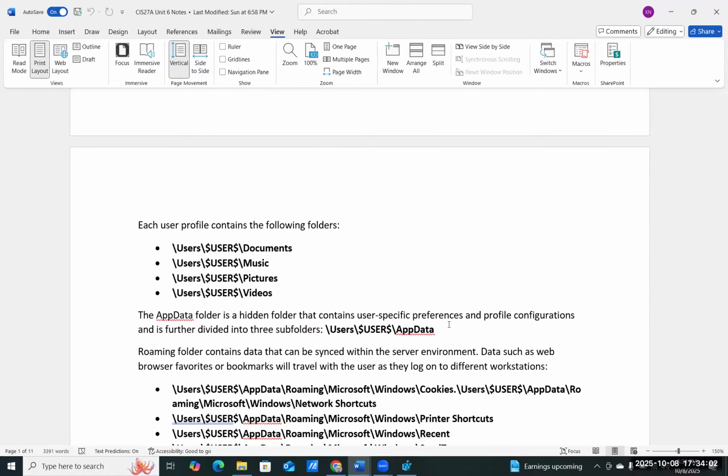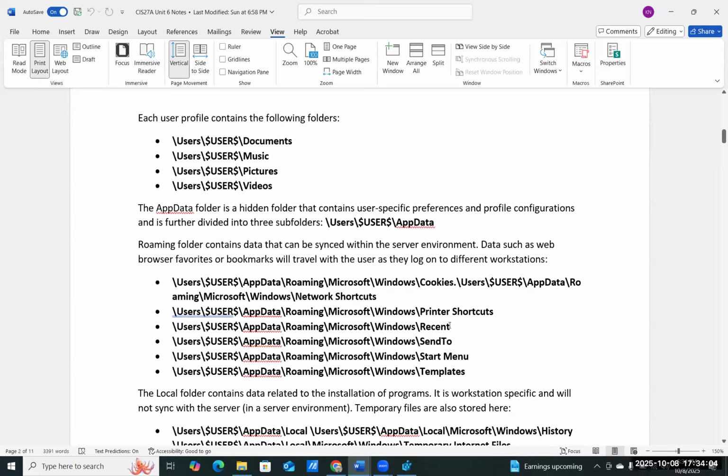And then for the roaming folder, for the roaming account, it is just going to be a little bit lengthier. So you have to go into AppData and then go into the Roaming tab. There's a folder called Roaming, and then you're just going to dive deeper. It has 3 additional subfolders. So you're going to go into Microsoft, Windows, and then you have specific things: I might have a different start menu, some recent apps or access information, some shortcuts for my printer,